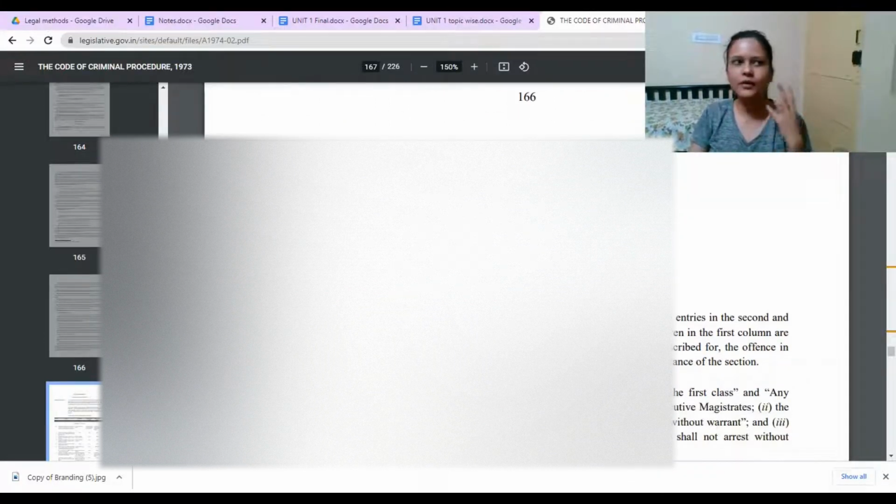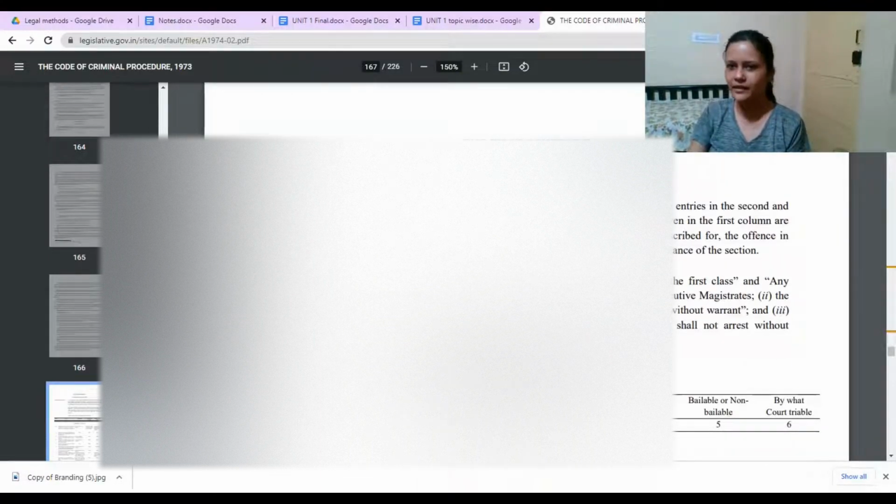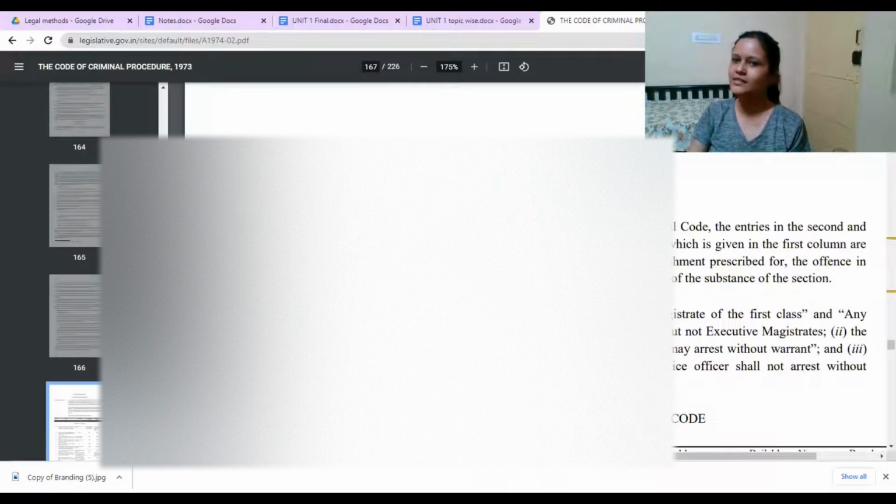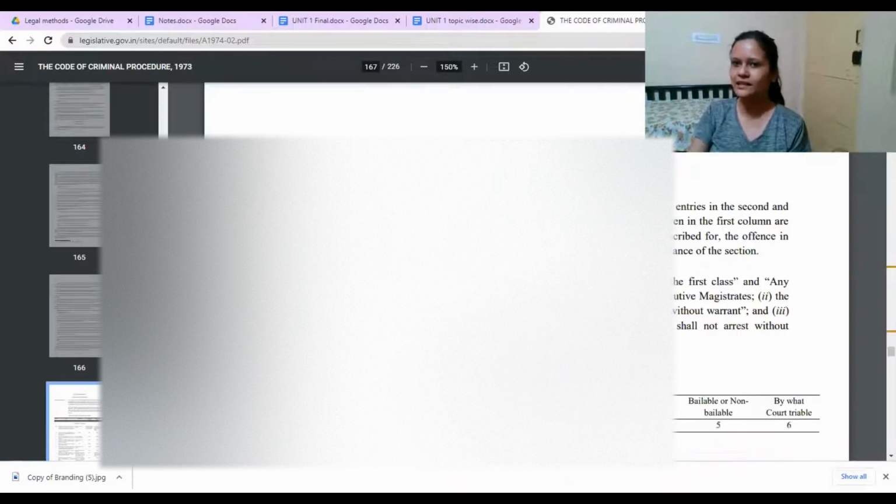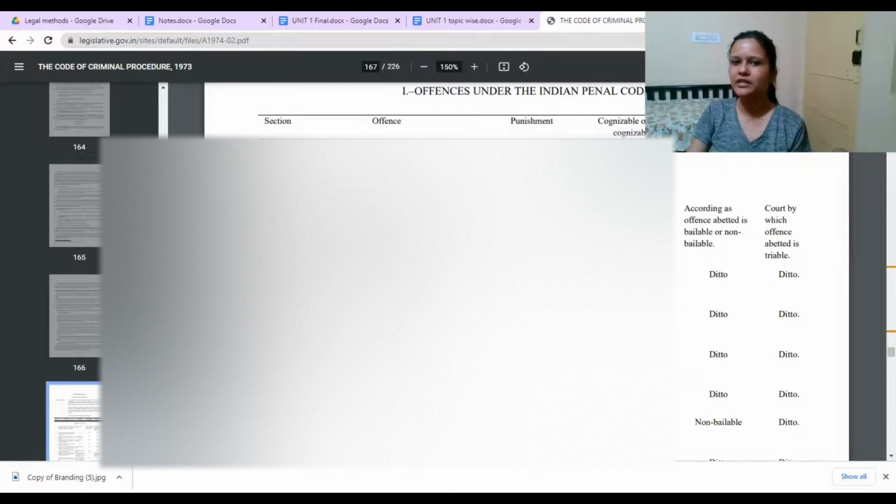But when you talk about the court having the authority or right jurisdiction to try the matter for cases under IPC, it's actually given in CrPC. You have a detailed list of it, which is in the First Schedule. Okay, First Schedule of CrPC, you can check that also in your free time. That provides a detailed list.